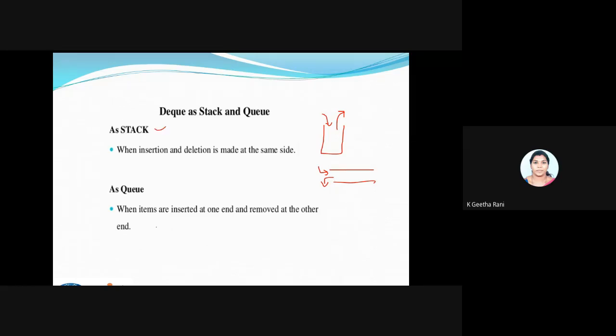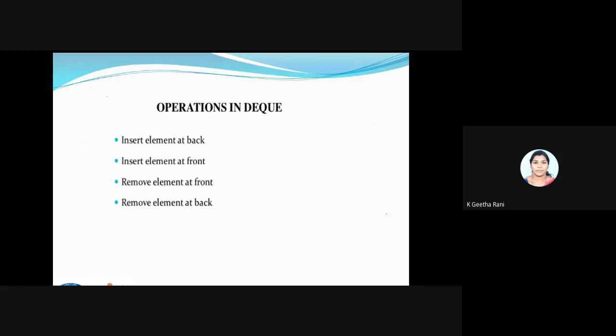Fine. And it also has a property called queue. Since we have a queue, we will be having both the ends. So here we have a DQ. Since I'm having a queue property, for example, deletion happens here, and obviously insertion will be happening here. Fine. So this DQ has the property of both the stack and the queue, we can say like that.